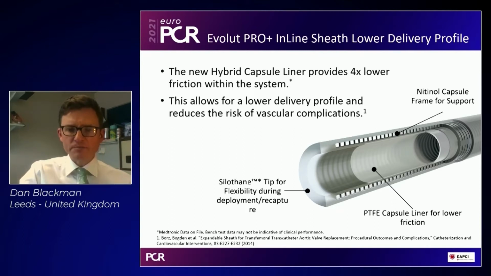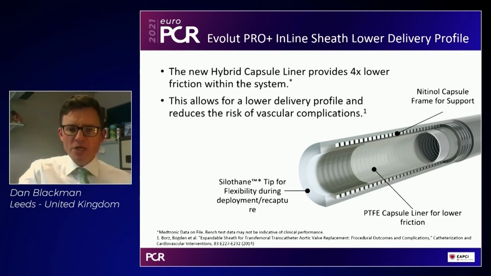How's this been achieved? This is a cross-section of the capsule. You can see the capsule consists of a nitinol frame, which provides support. Previously, both on external and internal to the nitinol capsule was a silothane layer, and this provides flexibility, which aids in deployment and recapture. And what's changed with Pro Plus is the replacement of the inner silothane layer with a PTFE capsule liner. This has much lower friction and essentially means you can fit the same sized valve into a